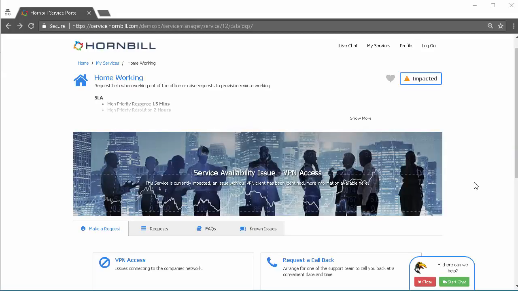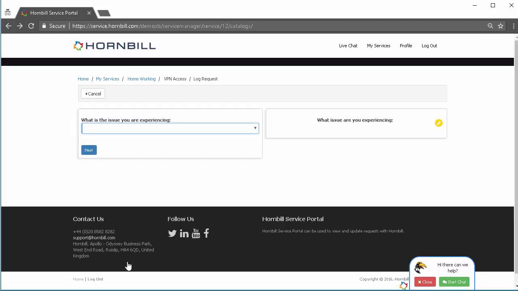In this video, we're going to take a look at really bringing your progressive capture flows to life through the use of Wiki Markup, giving your agents and your analysts a more visually attractive appearance. So just on the portal here, if we have a look at our VPN Access catalog item, we can see